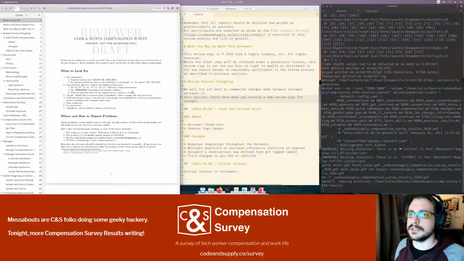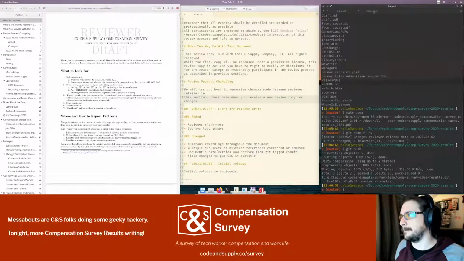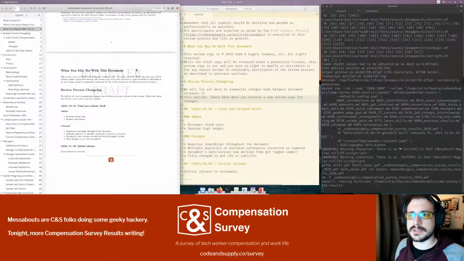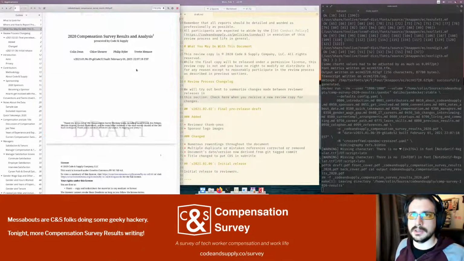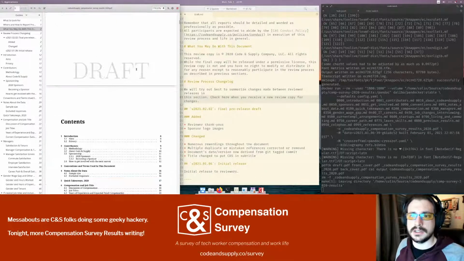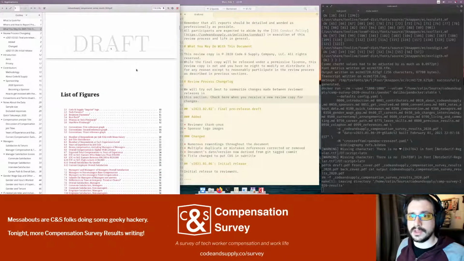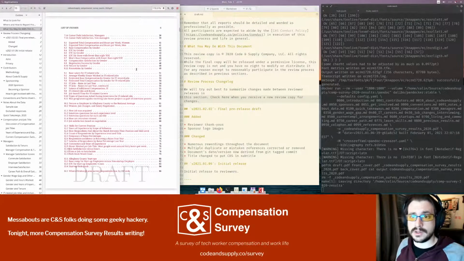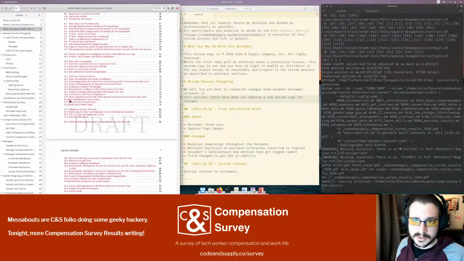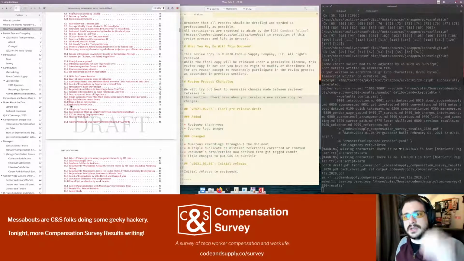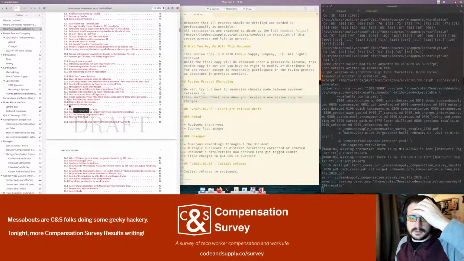So now that this is built, we've got our watch running. What I want to do is just start looking through the document. We're up to about 106 pages, and see if I can find any visual things that I don't like that I want to fix. One of the things that I know that I've seen is there's some weirdness with how this text renders because of the width of the sections there, the width of the text in